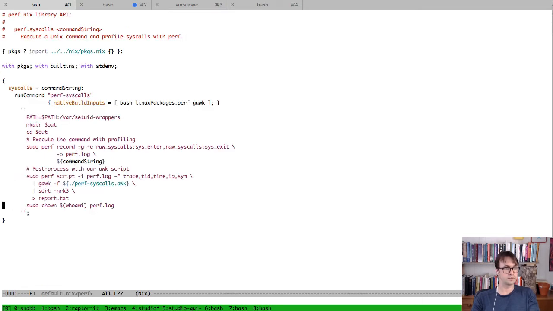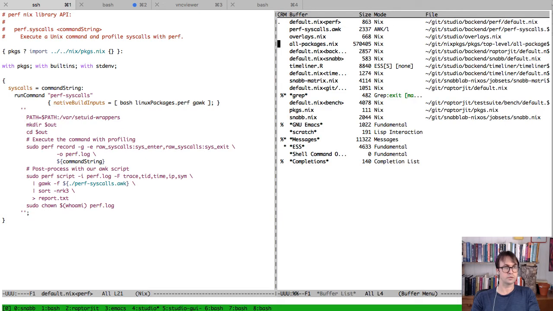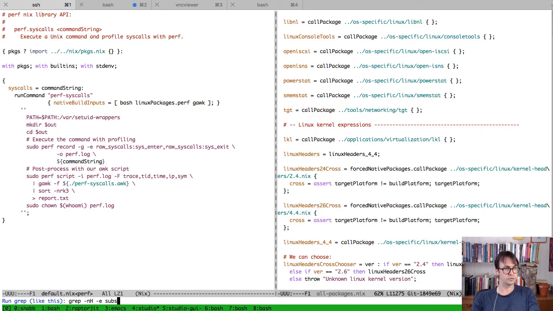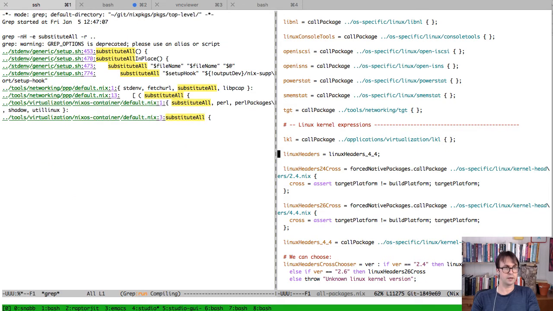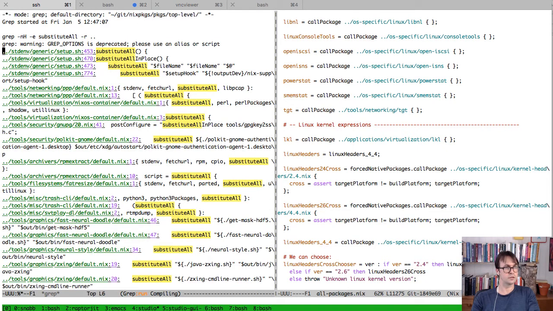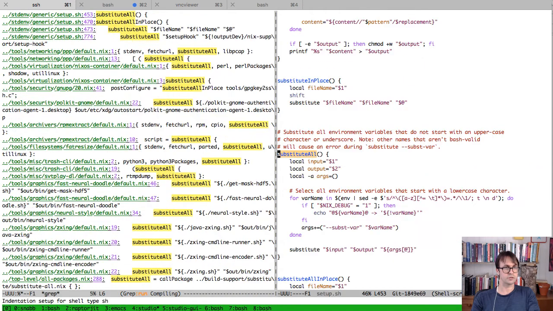So we'll do that. Now, I think we're going to want to use something called substitute all. I'm just going to search the standard Nix package definitions somewhere that's already used. So I don't think we need to do this in place, right? We're quite happy if